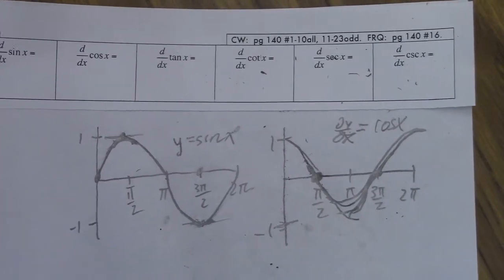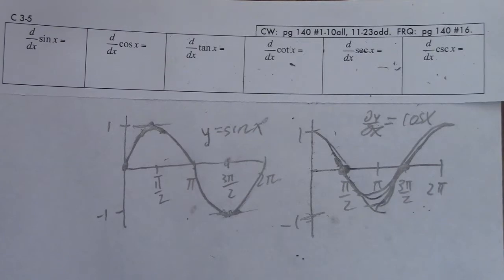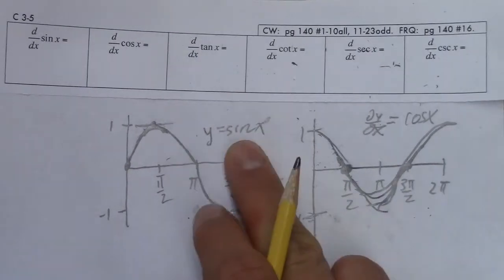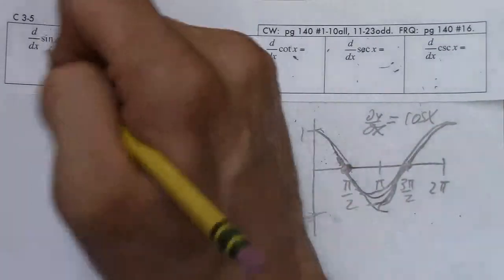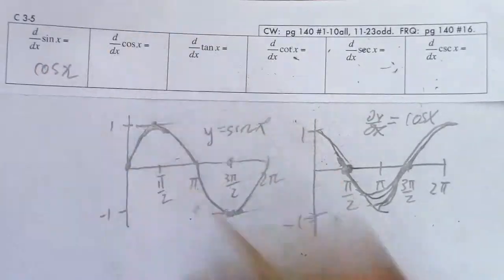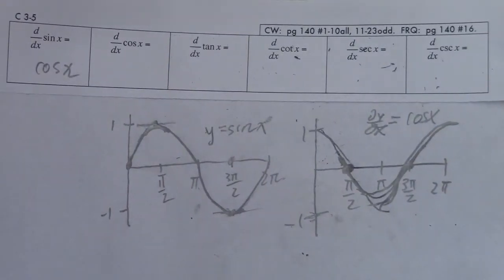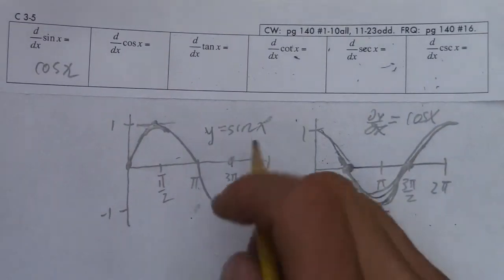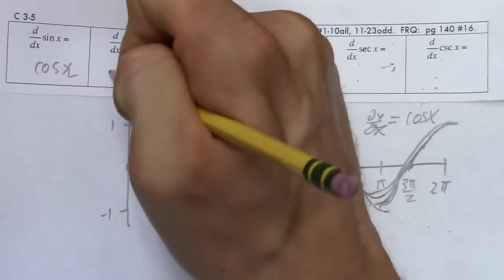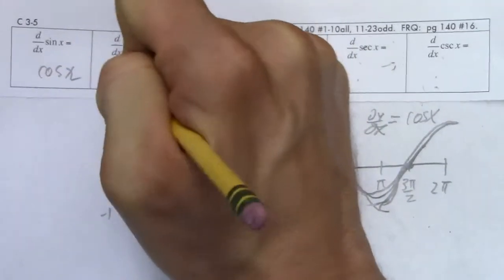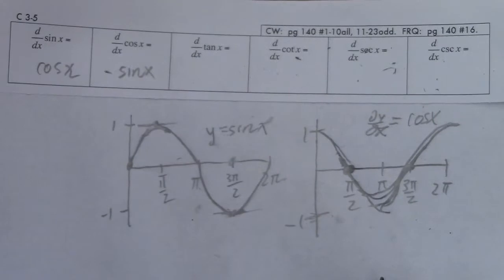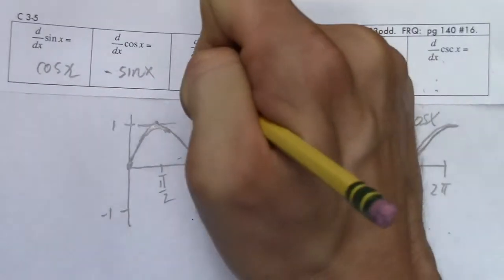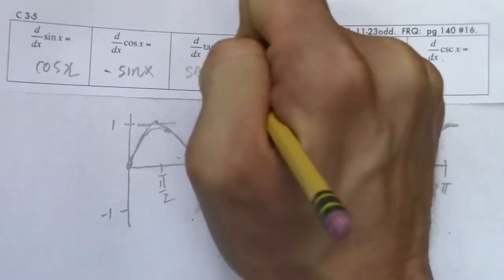Of course, this is calculus. Beauty is not subjective. Of course, the derivative of sine is cosine. And then, again, I'm just going to give you the rest of these. The derivative of cosine is negative sine of x. And then the derivative of tangent is secant squared x,